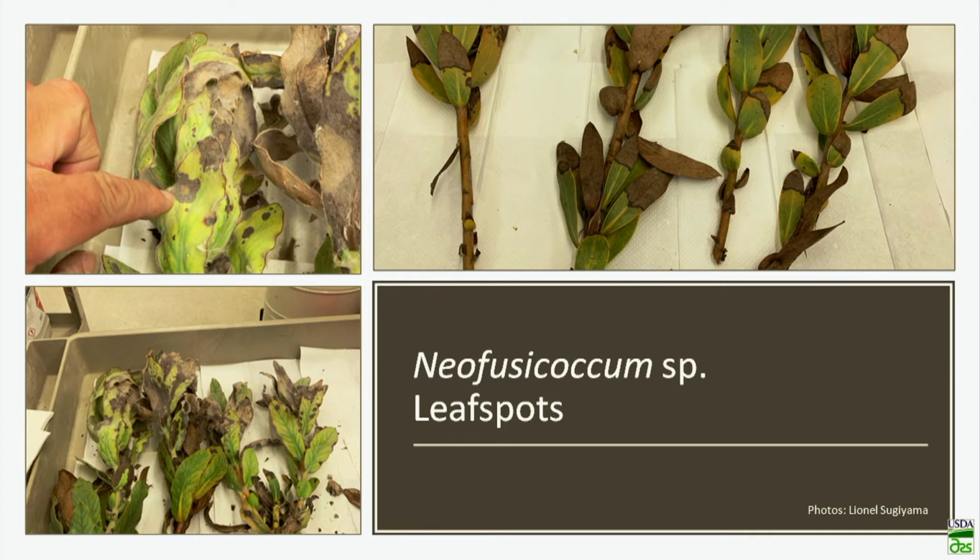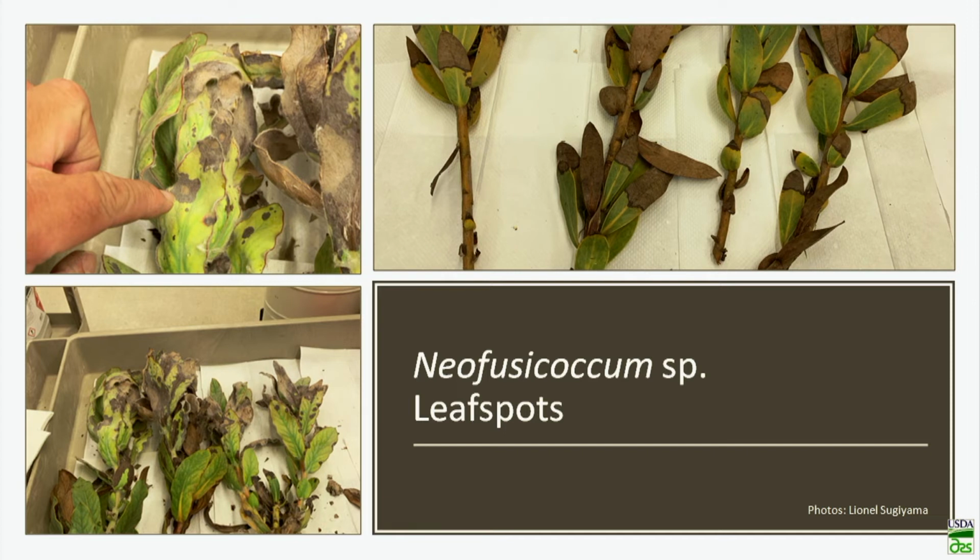So with Neopestalotiopsis, more often than not, these leaf spots exist and expand. They start very small. They increase in size, in kind of an irregular, circular manner, with dark necrosis. As it gets larger, the center turns even more brown, and these spots expand and start to take over the leaf material.